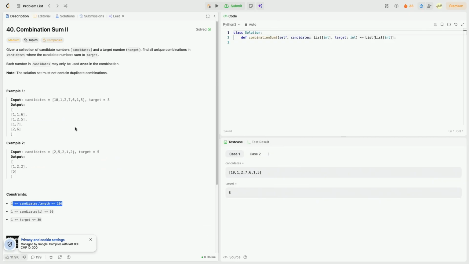For the runtime analysis and space complexity analysis, we won't care about these upper boundaries. Otherwise, everything is constant space and constant time, right? So the only difference to the previous problem seems to be that now we can only use candidate numbers once. That's what that means, right? But